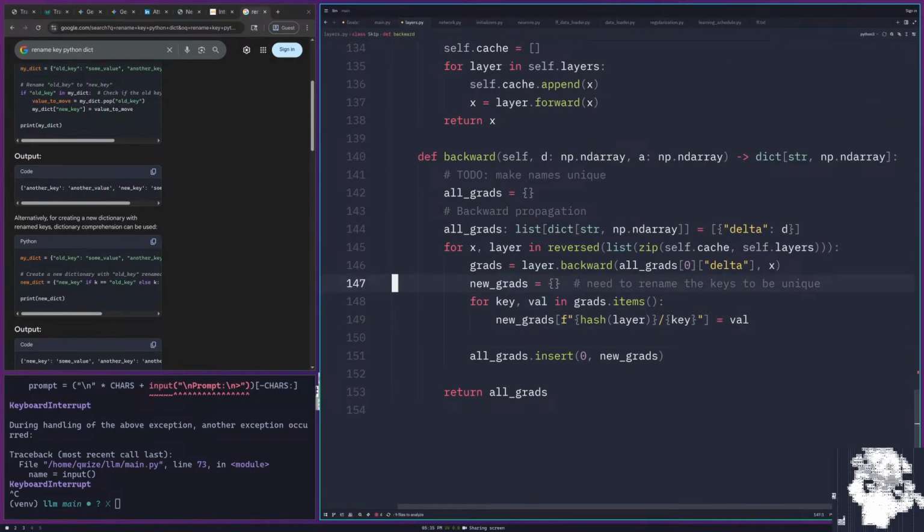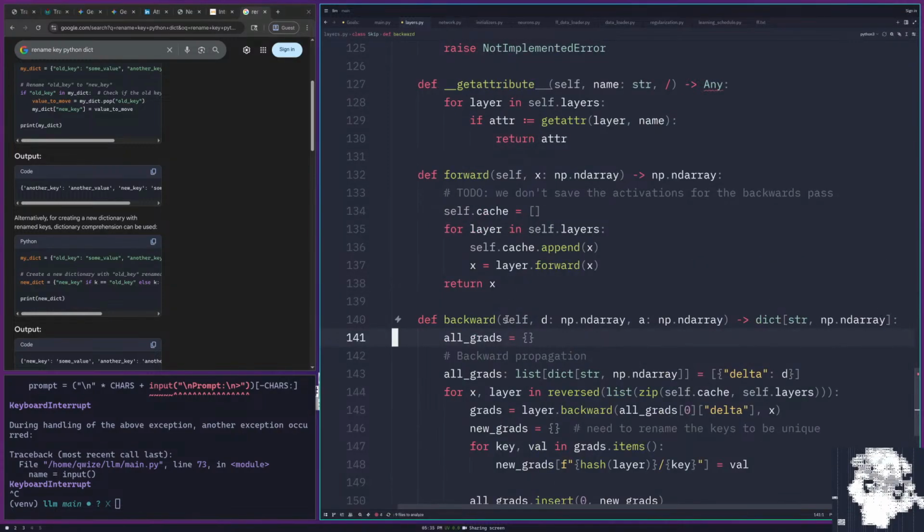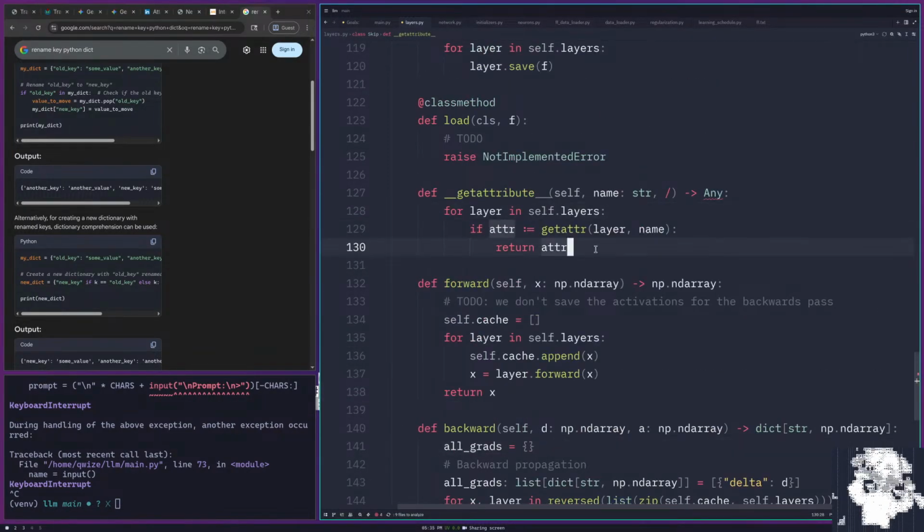Okay, so I've made the names unique, and now to grab them,